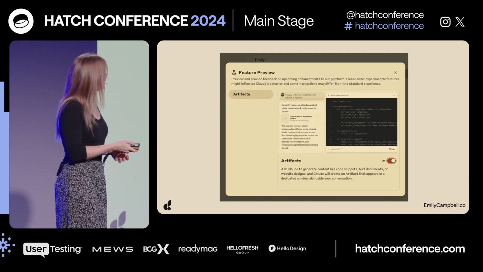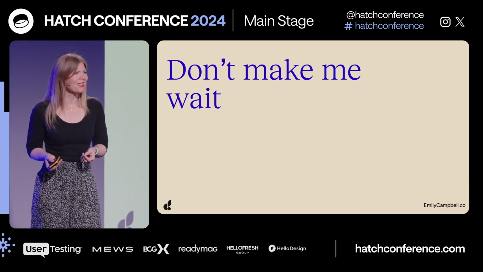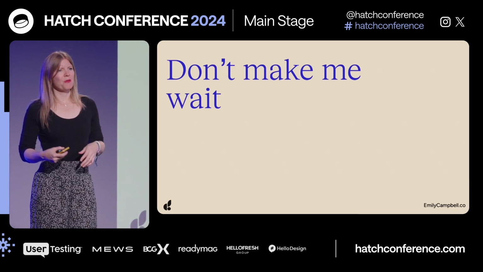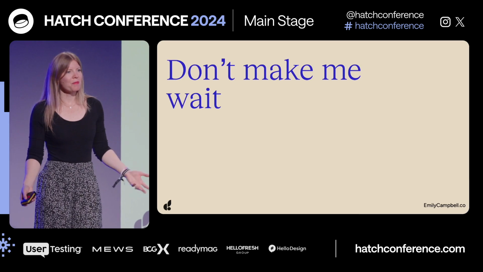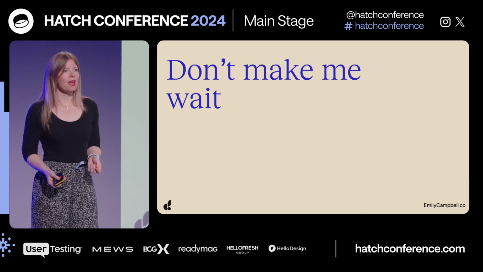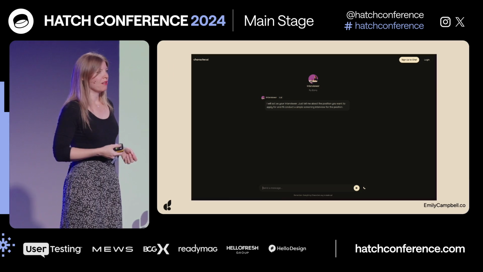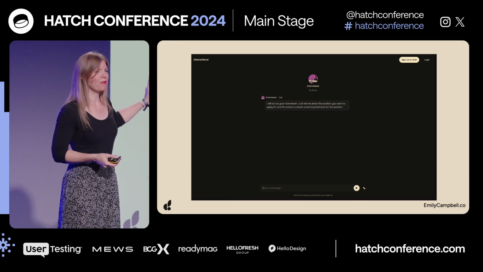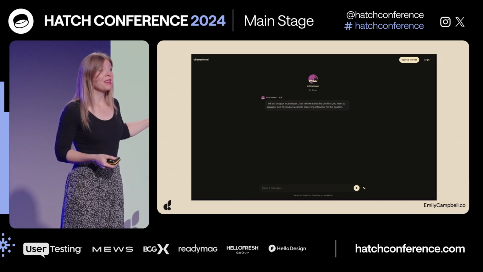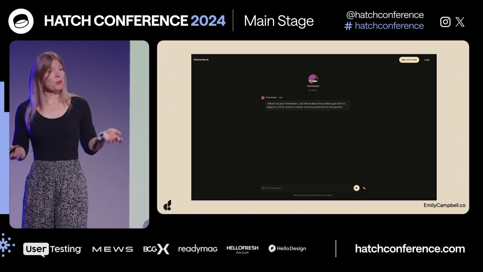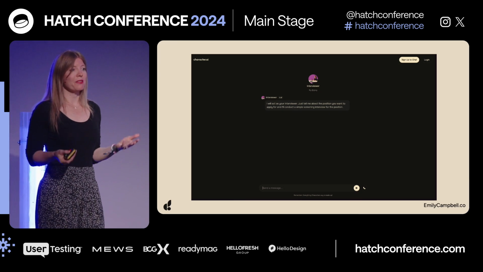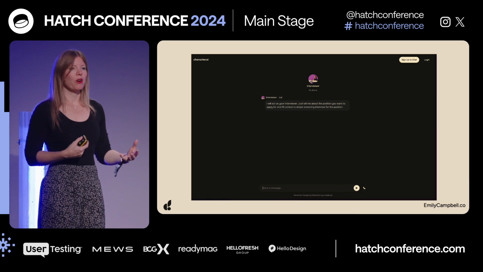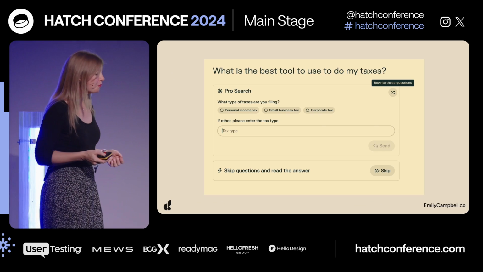Okay, let's keep going. Let's keep extending this. There we go. Don't make me wait. Another thing, like if it takes a lot of time for things to load or for me to get a response, people are impatient. People are being bombarded with information all the time. How can we get people to value faster? Character.ai, a really interesting product to explore, and by the way, one of the most heavily adopted consumer AI products, so it's definitely worth playing around with it. It comes pre-populated with these various AI bots with different purposes, so you can immediately dive in and start to interact with it, get a feel and a taste for it, get comfortable with it before you create your own.